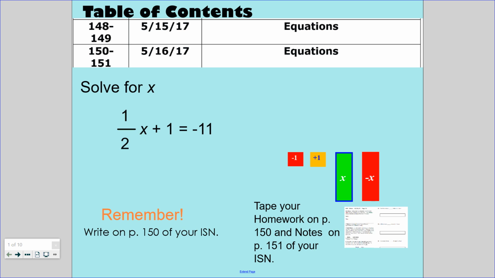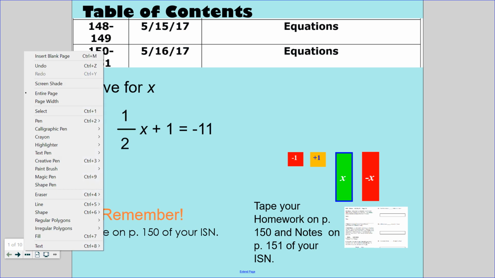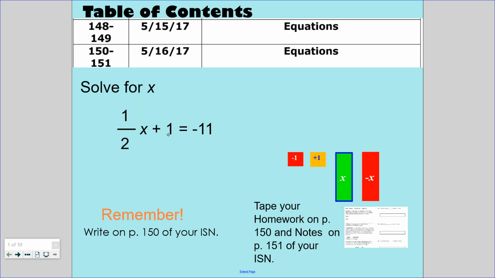So here is x right there. I need to isolate x. Any suggestions or strategies on how to isolate x? Well, I need to do the inverse operation of +1 with -1. I do it on the other side because I'm balancing it. So this is a zero pair, so it cancels out. Simplify it. 1/2 x is equal to